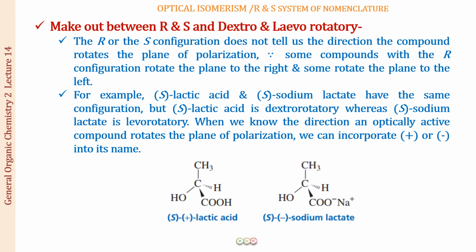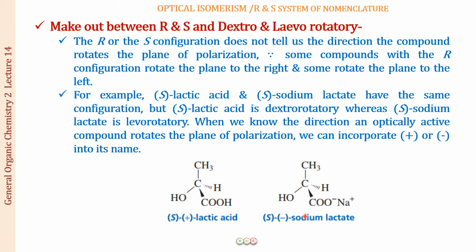Okay. Alright, so one example that you should remember for RS and dextro-rotatory is that we have S-lactic acid and S-sodium lactate. Both of them have the same configuration. It is the S configuration. You can determine this is the OH group, this is the COH group. When you move from here, this is going to be in the anti-clockwise direction. Hydrogen is occupying the dash position, so it is going to be the same configuration. You do not have to change it whenever the 4th priority group, hydrogen, is present on the dash. So here this is going to be the S configuration.